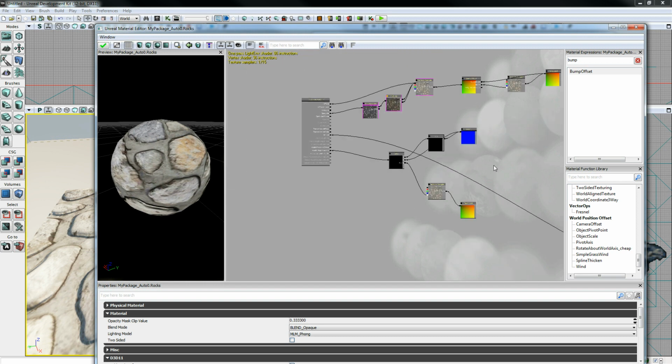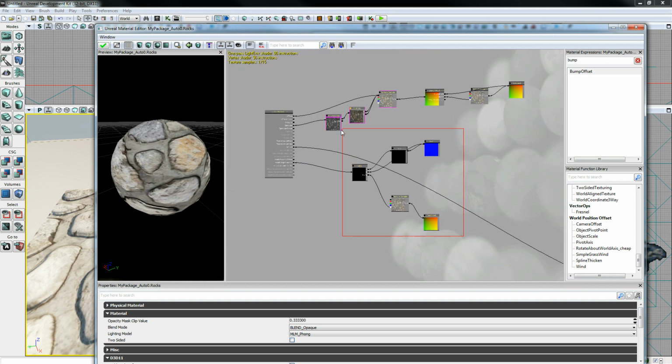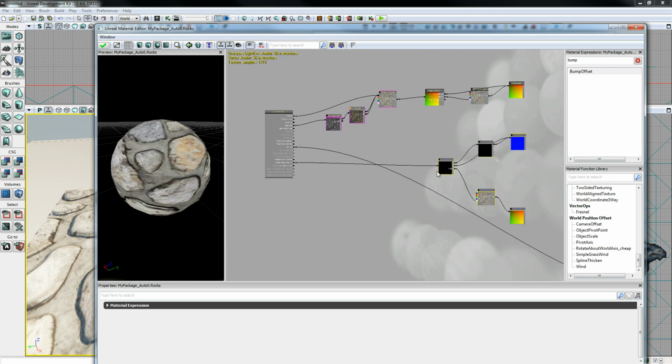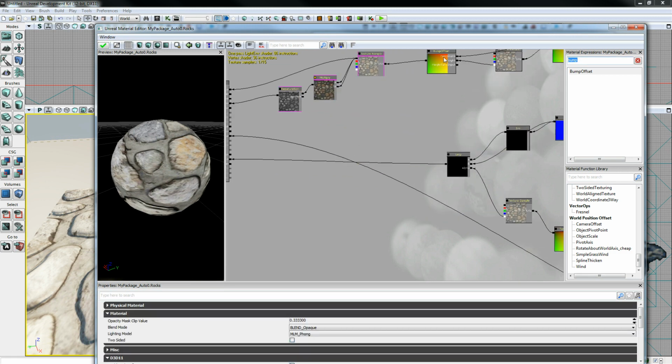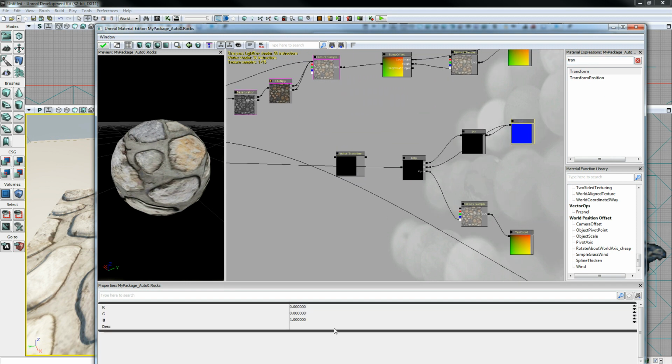Oh yeah. So one thing I forgot to do is transform the vector. Since I'm using a tangent normal map or a tangent displacement, I'm going to need to transform it. So I'm going to need to change it from just the tangent to the world. So let me show you what's wrong with it. You can't really see it. So if I pump this up to something like 5,